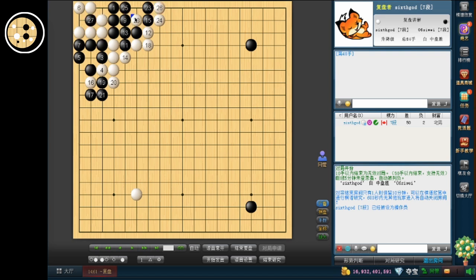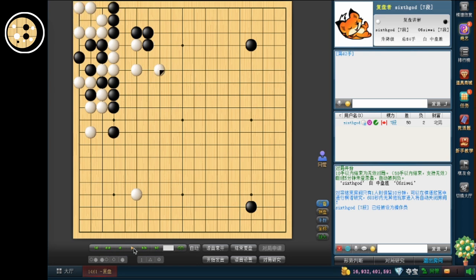Holy crap! That's a pretty big variation. This might be slightly better for black, just because there's so many cutting points on the outside. But locally, it's a seki. Yeah, I'm not too familiar with this, to be honest. But in the game, I had a pretty easy victory here in the upper left, and also on this side, I was actually a little worried about